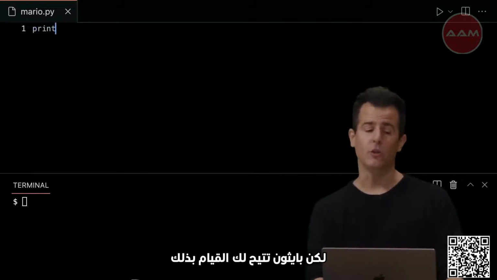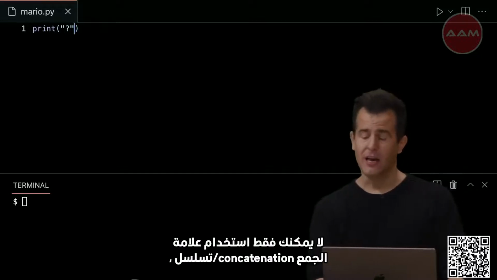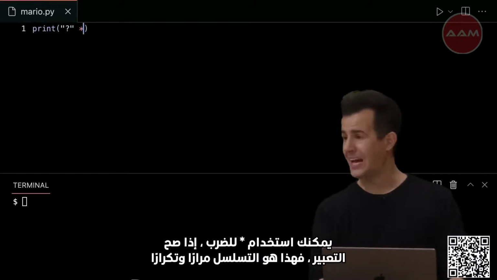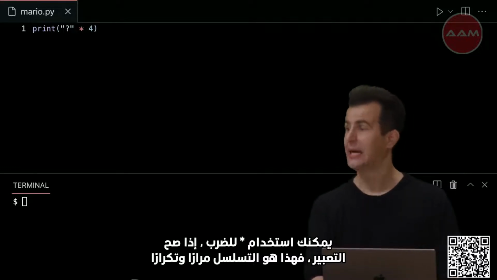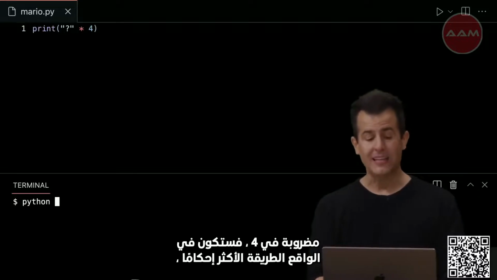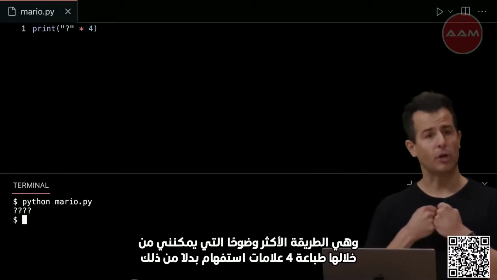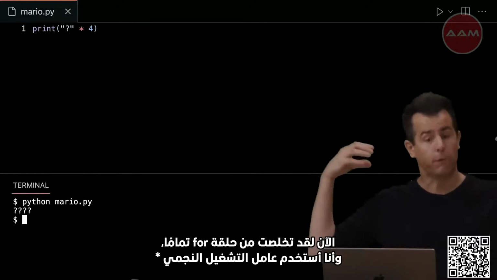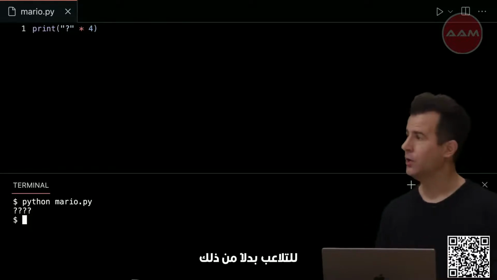But Python does let you do this. If you want to multiply a character some number of times, not only can you use plus for concatenation, you can use star or an asterisk for multiplication, if you will. That is concatenation again and again and again. So if I just print out quote unquote question mark times 4, that's actually the tightest, most succinct way I can print 4 question marks. And if I don't use 4, I use n, where I get n from the user. Bang, now I've gotten rid of the for loop entirely,